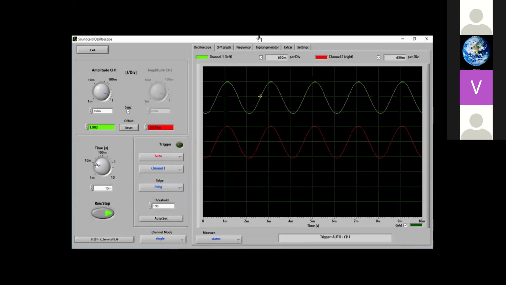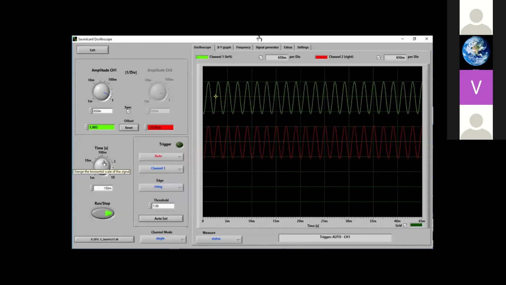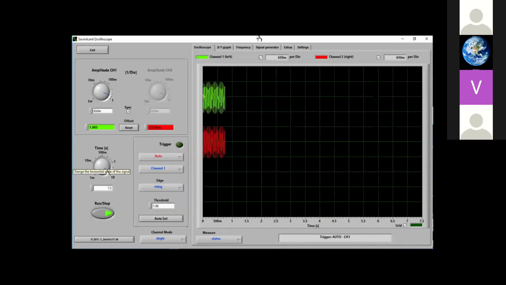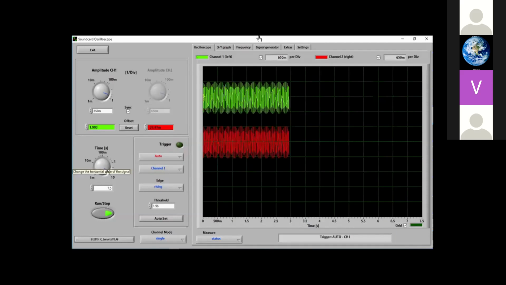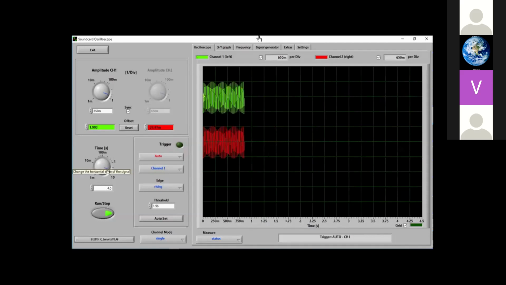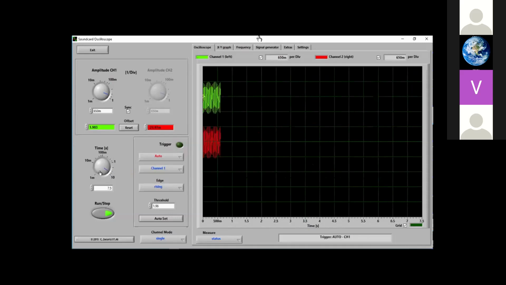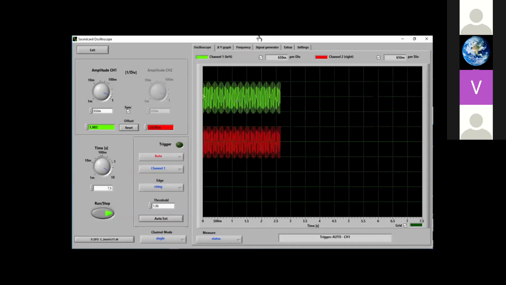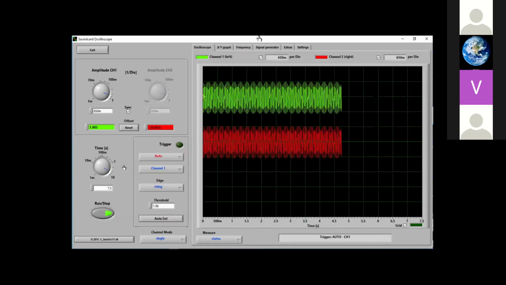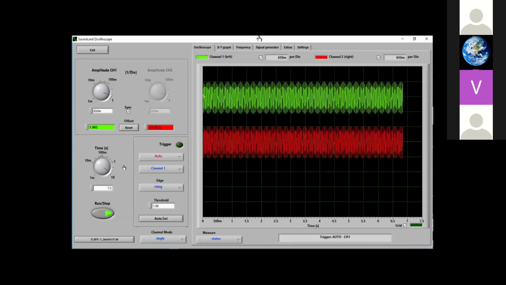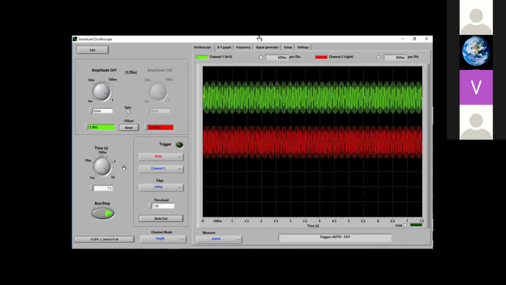So just see, basically the actual signal is changing at a very fast speed. But we cannot see this signal if it is like this. It is very messed up. So that's why we need the trigger.